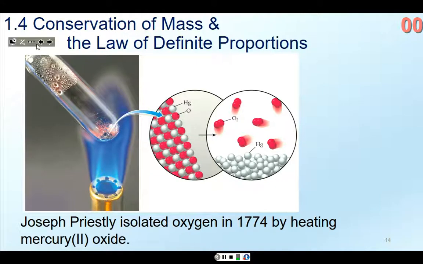He didn't quite know what it was at the time, and then he subsequently characterized it by heating a mercury oxide compound. This picture represents exactly that. And he figured out that there was this compound that contained a solid, and as he heated it, a solid and a gas resulted. And there's something special about that gas, and he learned properties of this. But it turned out that there were these two things combining in some way, but you could separate them by